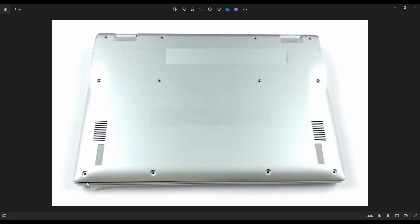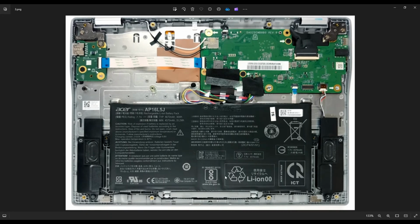If you get stuck in one section, leave it, go around, start in the other section, and go around the opposite way. And after you get your bottom case off, this is what you're looking at for the inside of